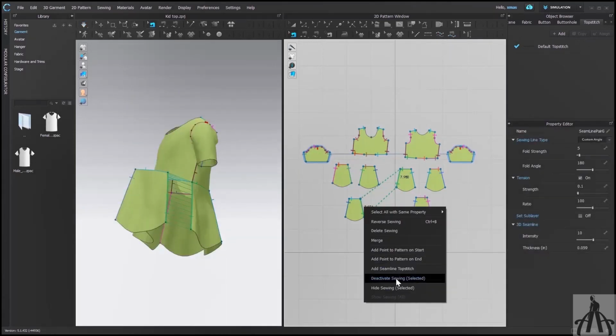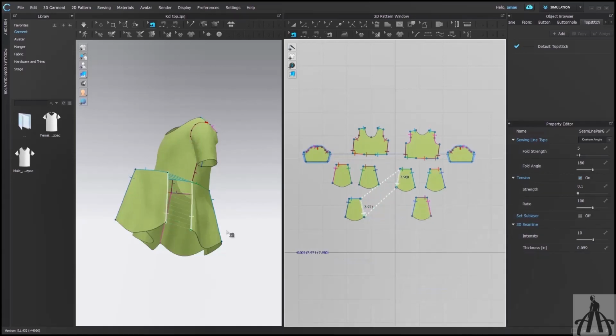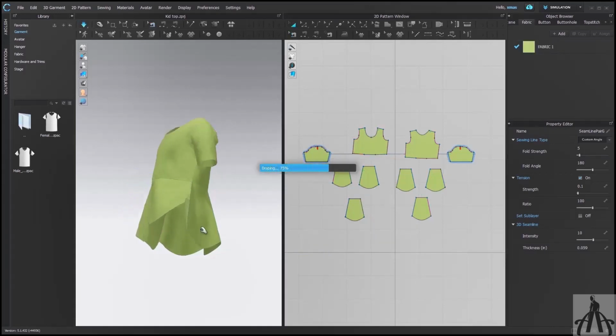Next option is Deactivate Sewing. It will deactivate the sewing that you have selected. Till now, we have learned about deactivating a pattern with sewing from the earlier video. But here, we can deactivate just the sewing of our pattern, however we want. After selecting it, our sewing will turn white in color, which resembles deactivation. So after simulation, everything will get stitched back, but not this one.